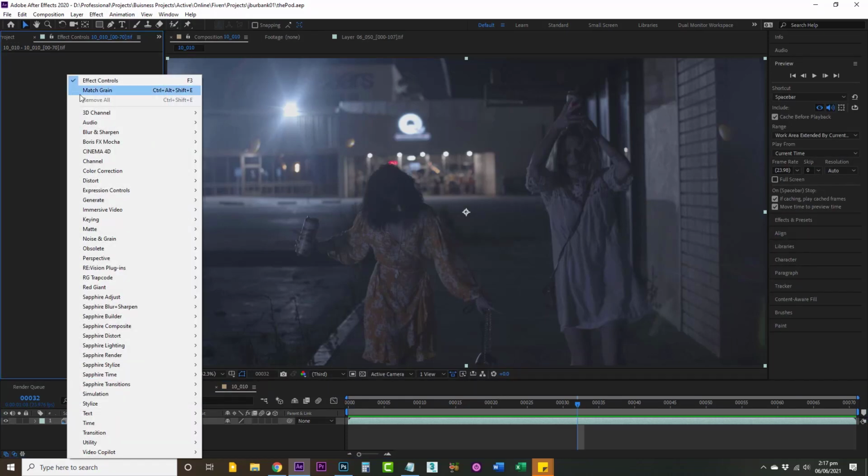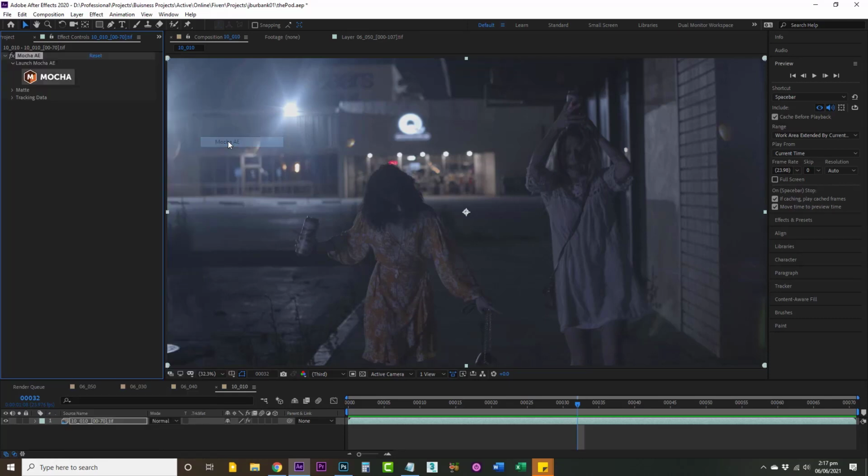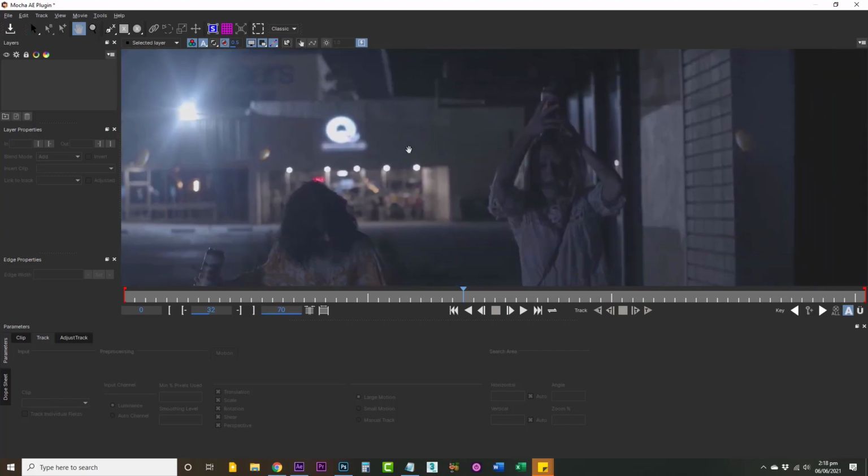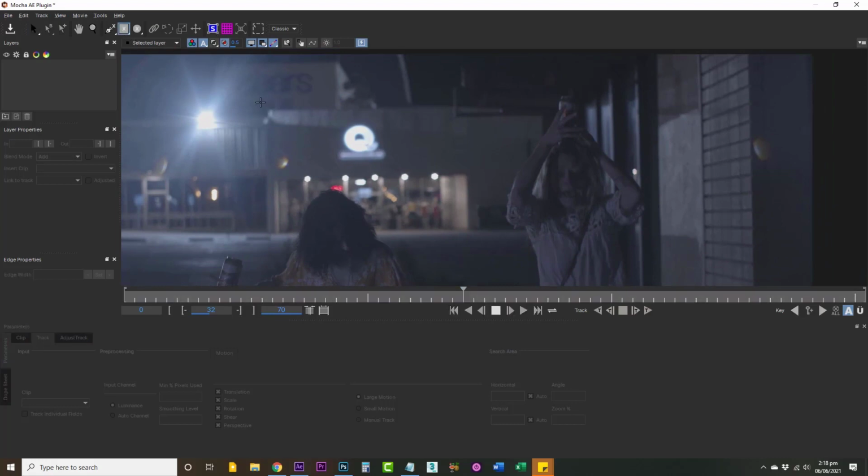Right click here and go to Boris Effects Mocha and select Mocha AE. Then click this button to open the Mocha AE interface to drag the area of this sign so we can attach our clean plate above this sign. Okay, let's zoom in here. Then create a rectangular shape here